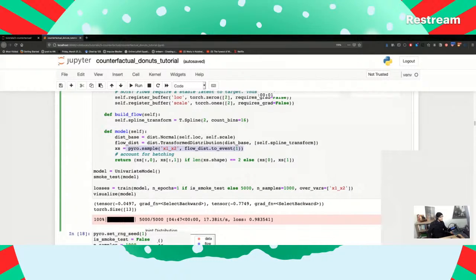So a spline is one of those kind of polynomial curve fitting things. So Spline is like the 1990s version of a neural net, right? And so it looks like what we're doing here is fitting X1 and X2 separately.